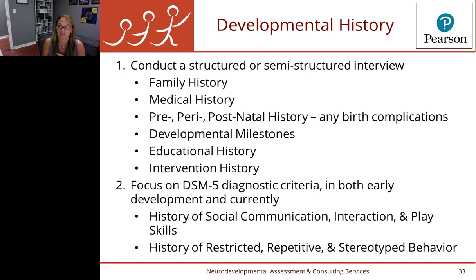So starting with family history, is there anybody in the family that's biologically related to this child that had any developmental delays or concerns, speech delays, developmental delays, learning disabilities, autism, ADHD, anxiety, depression, schizophrenia? I'll go into the whole psychiatric history. I ask about the parents. I ask about the extended family, aunts, uncles, grandparents, cousins.